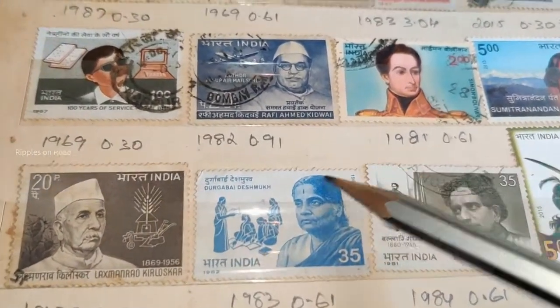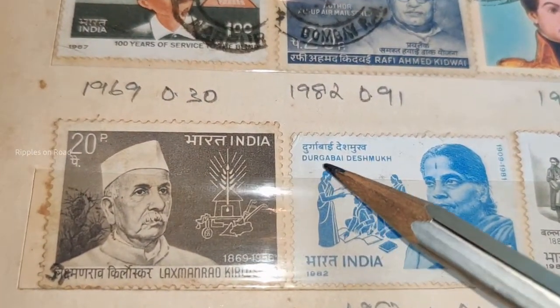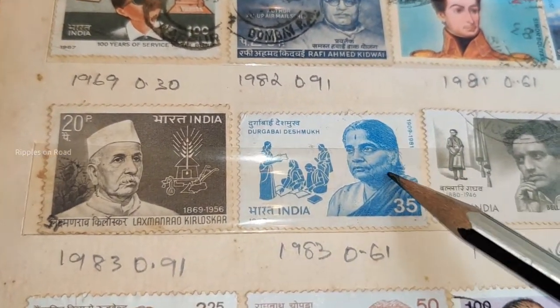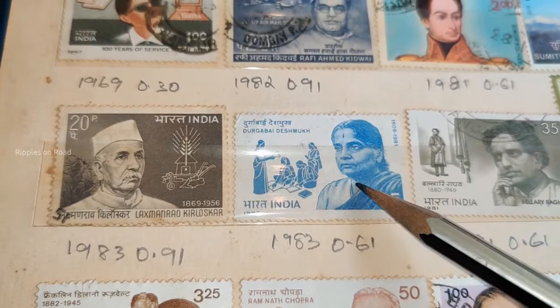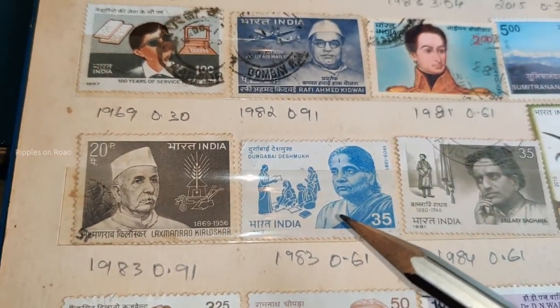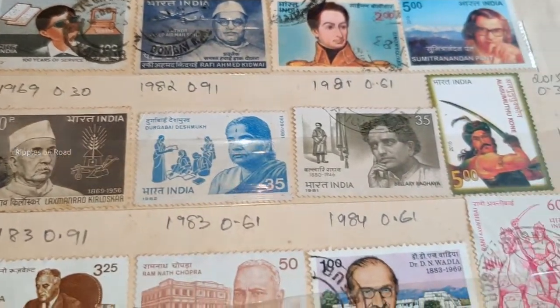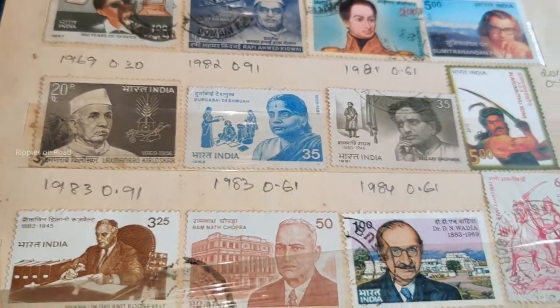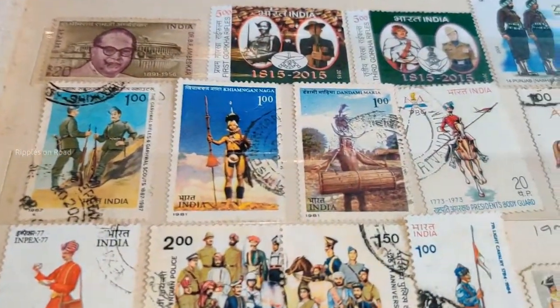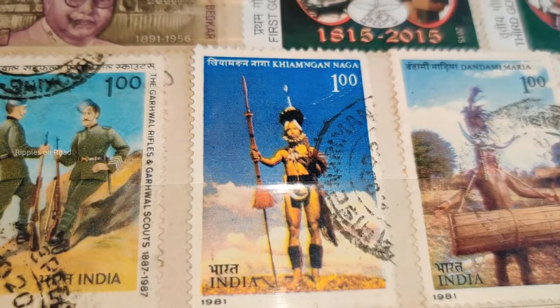You can see her name is written, Durgabai Deshmukh. She was a freedom fighter, a politician, a lawyer, and she encouraged women to study, and she did a lot of things in her life. If you don't know about them, you can just Google them and learn more about their life. And see, these are the traditional